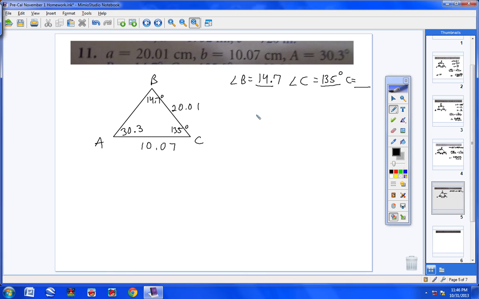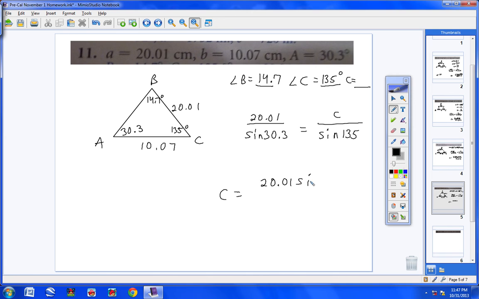I'm going to say 20.01 over the sine of 30.3 equals, and now we're looking for side C. So C over the sine of 135. Now if we cross multiply and then divide, we're going to see that C equals